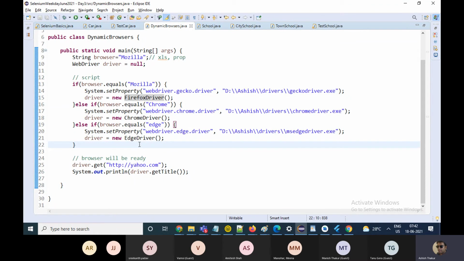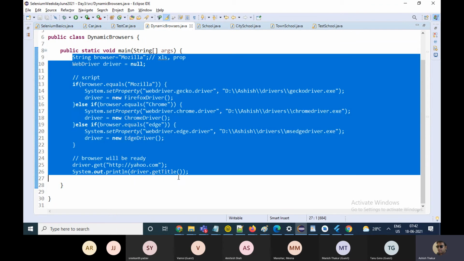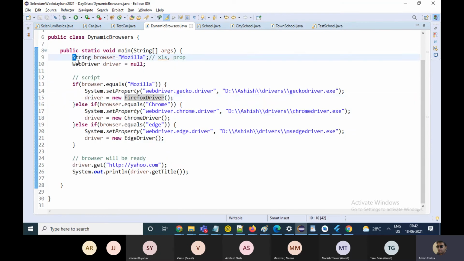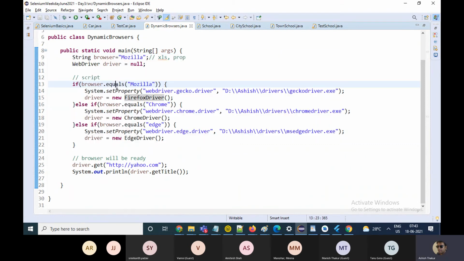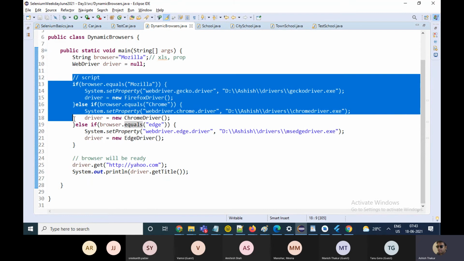Fine. And so this interface is really important. This whole thing will be used till the end. In the frameworks also we are going to use these.